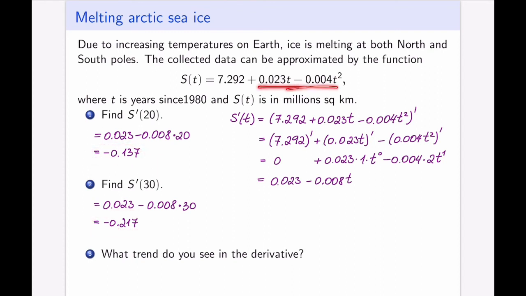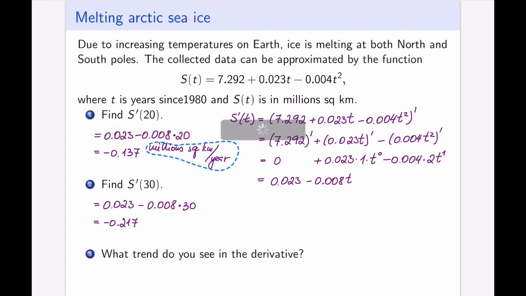Because the function given to me in the context comes with units, I would like to actually include units as part of my answer here. So the original function was in millions of square kilometers, the derivative is the rate of change with respect to the independent variable, so with respect to years. So what we have is millions of square kilometers per year